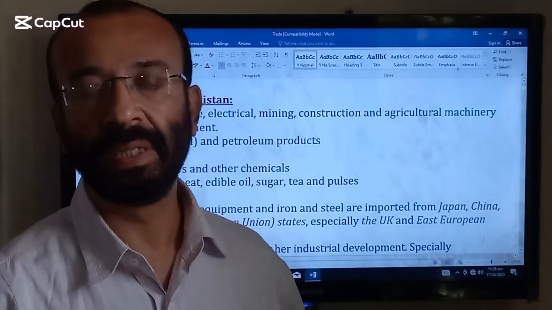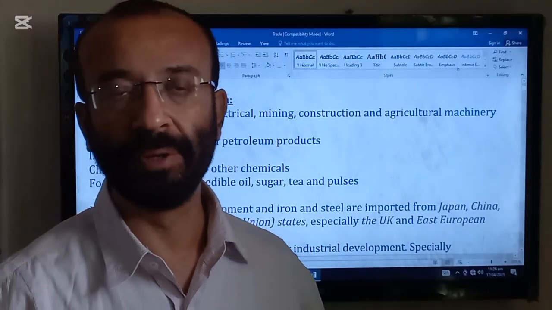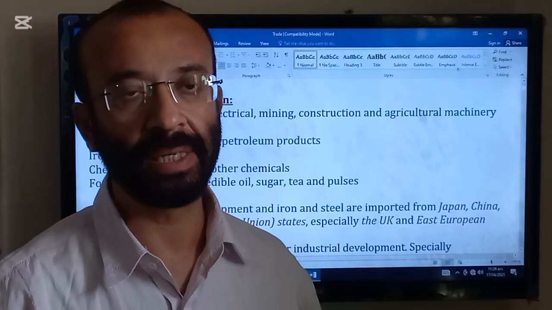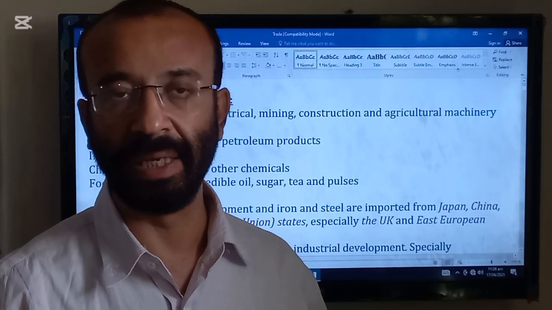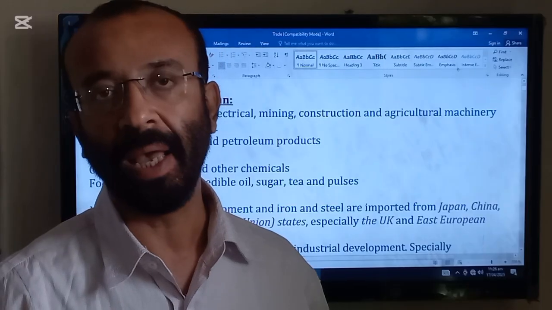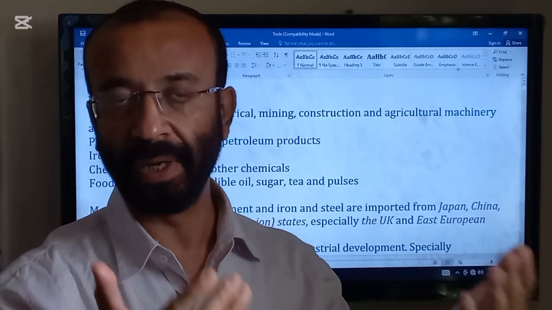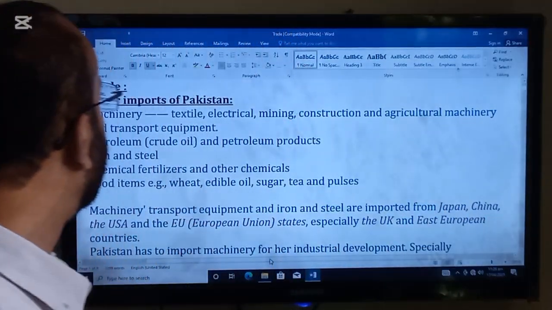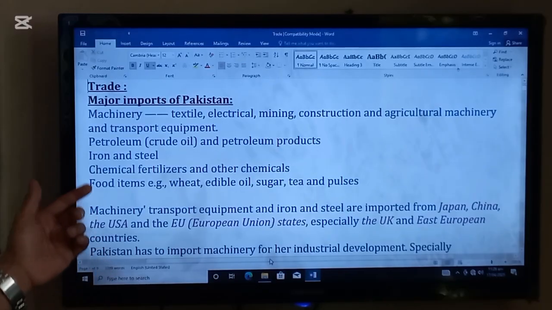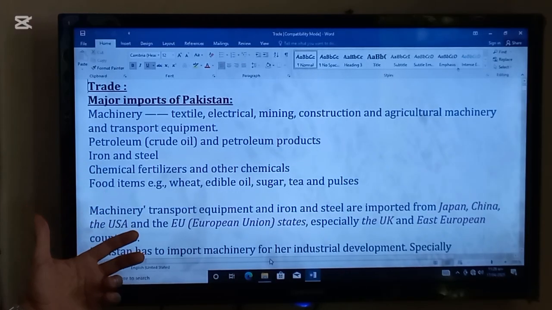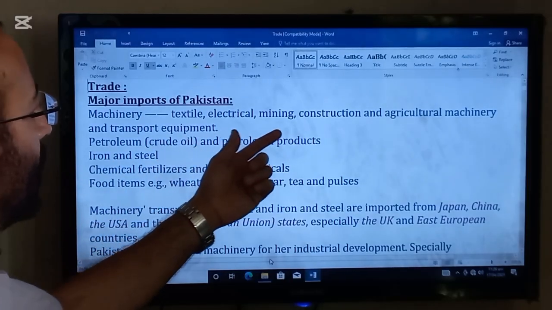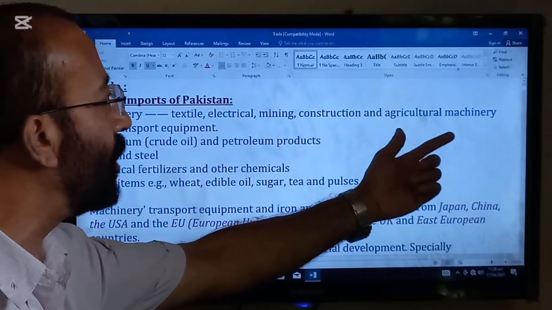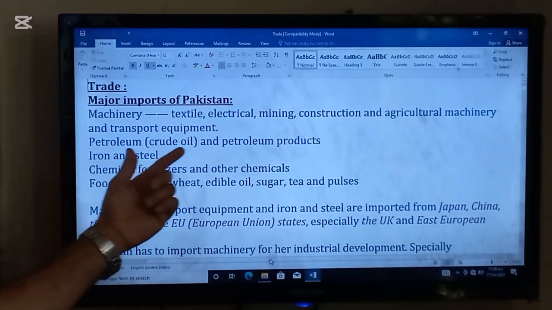Good morning, students. The next topic in geography, which is going to be started, is trade. And in trade, the first thing we will read is the major imports and the countries from where they are importing. So concentrate yourself. We, as Pakistan, are importing machinery, that is textile, electrical, mining, construction, and agricultural machinery and transport